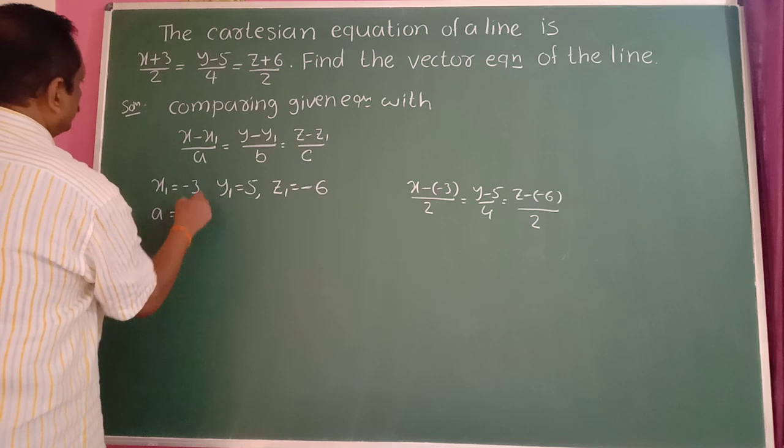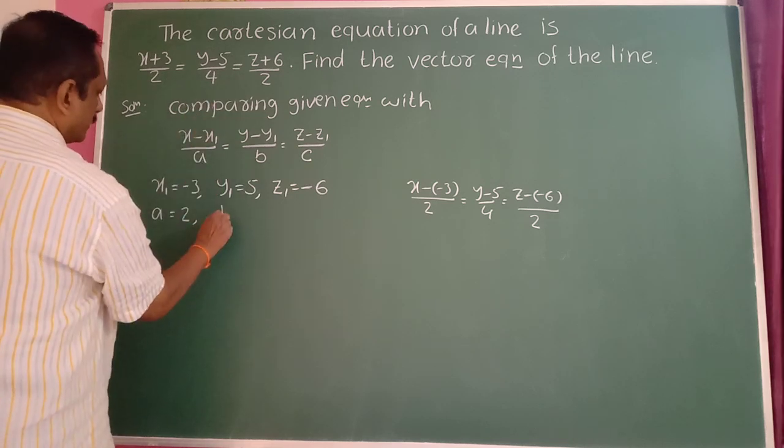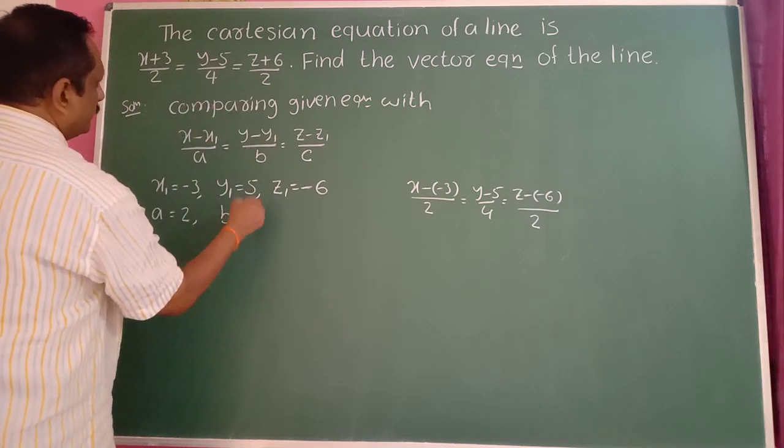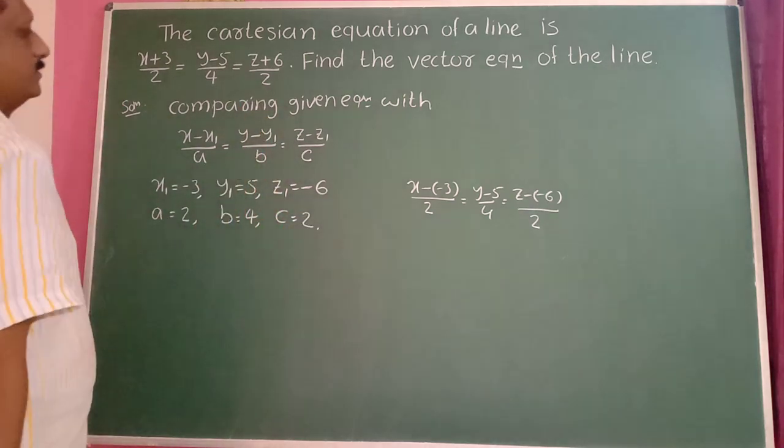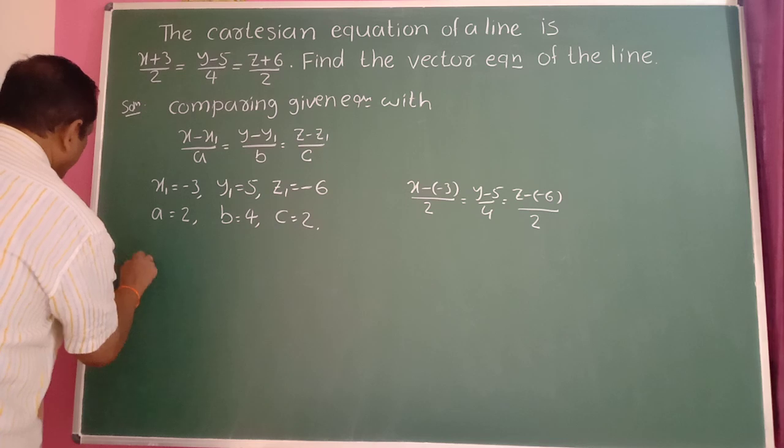A is equal to 2. B is equal to 4. B is equal to 4 and C is equal to 12. C is equal to 2. Therefore,